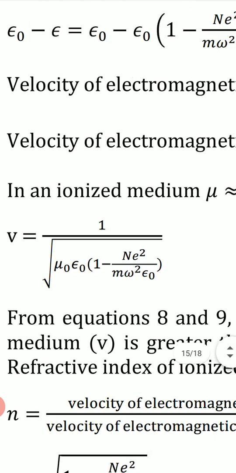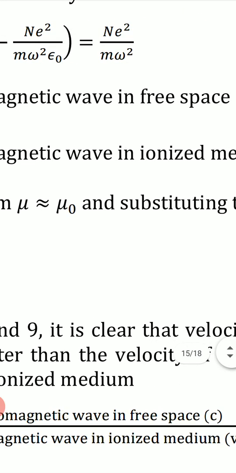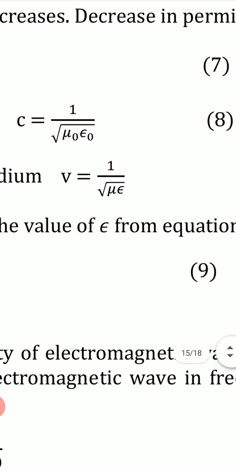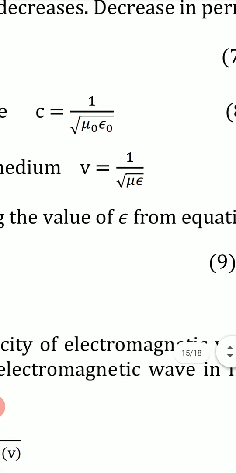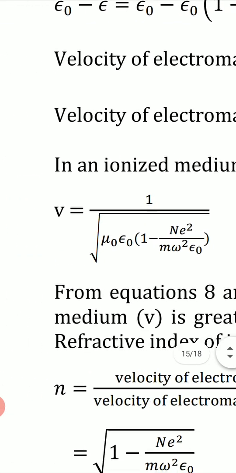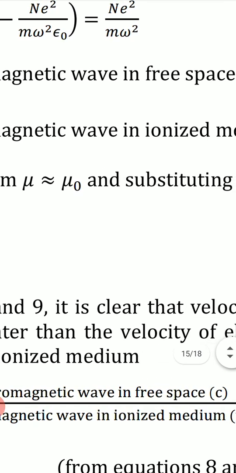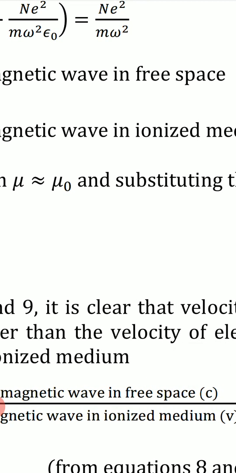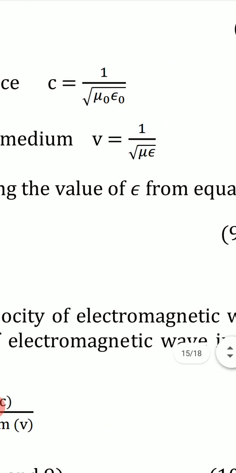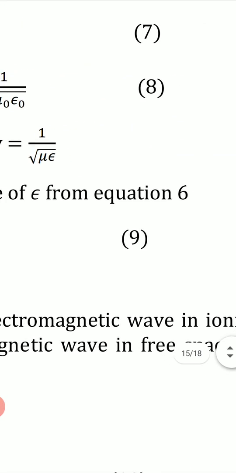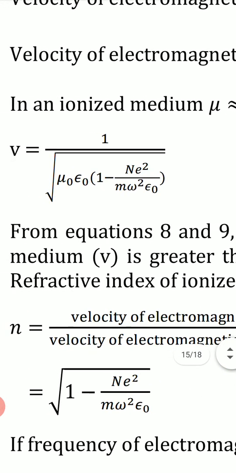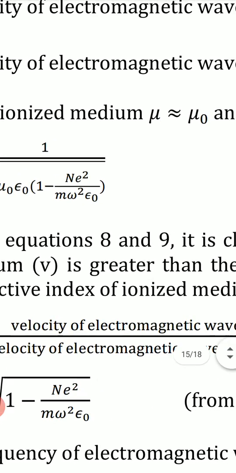Then this V becomes equal to 1 upon under root mu epsilon. If in an ionized medium mu is almost equal to mu 0, then substituting the value of epsilon from equation 6, we have V equal to 1 upon under root